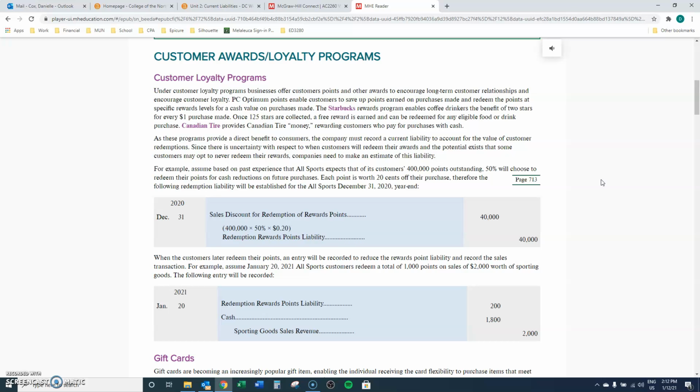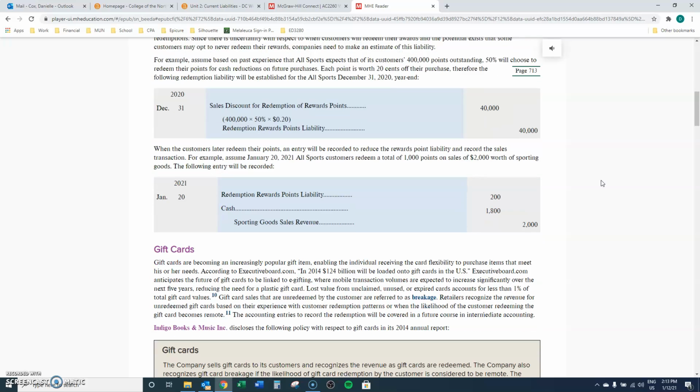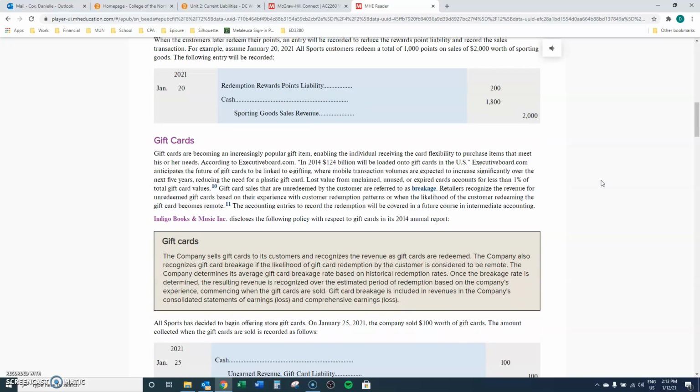They're recorded as a current liability, but they're uncertain. You don't know when they're going to be redeemed or if they're going to be redeemed. Sometimes these points expire and just sit there forever because they don't get used up. There's gift cards. Again, you sell a gift card, but you don't know